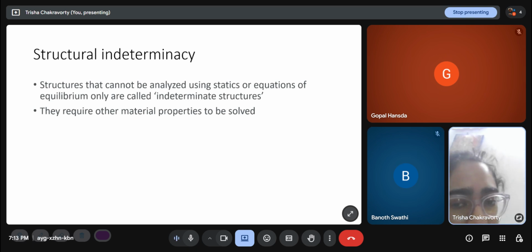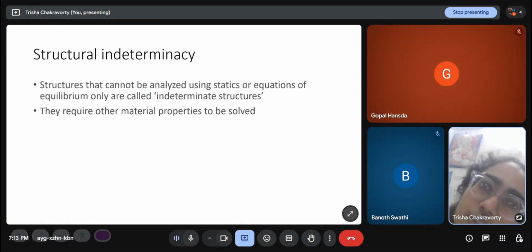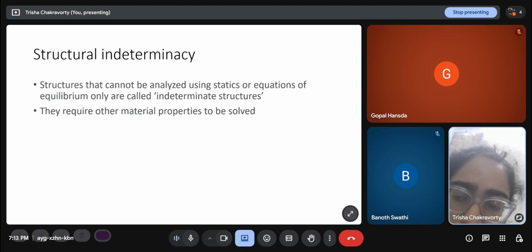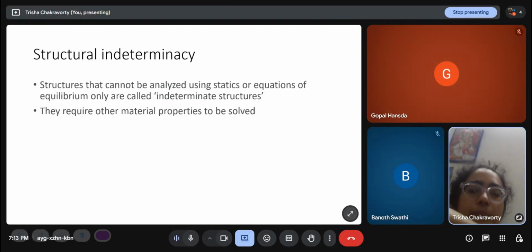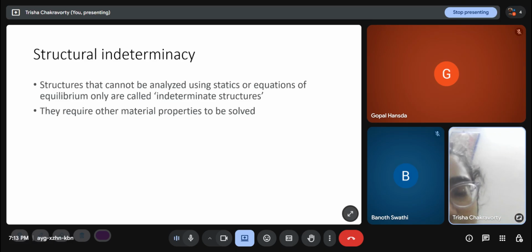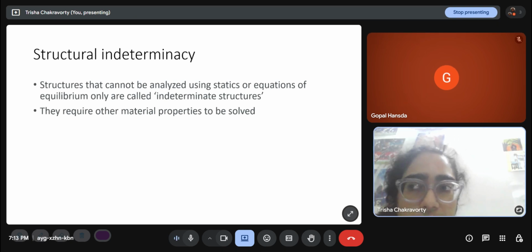So the length of the beam is always relevant, but the cross sectional area of the beam, or the Young's modulus, which is a material property, did not come into the question. If this is the beam, then this is the cross section, this width, this depth. Any of those, or the material property like the Young's modulus or density, did not come in. So in determinate structures, we can solve support reactions using the loading pattern, the type of boundary condition, and the length of the beam.